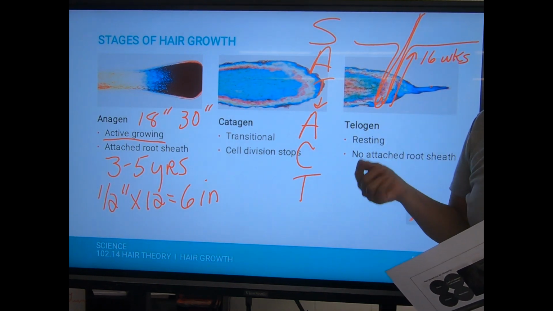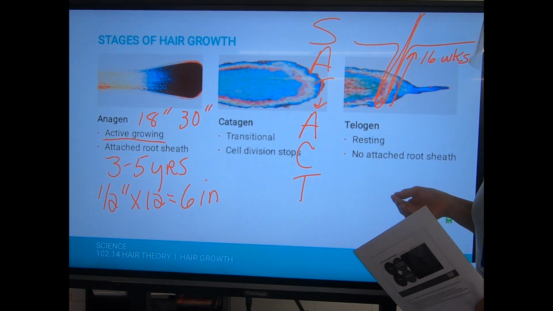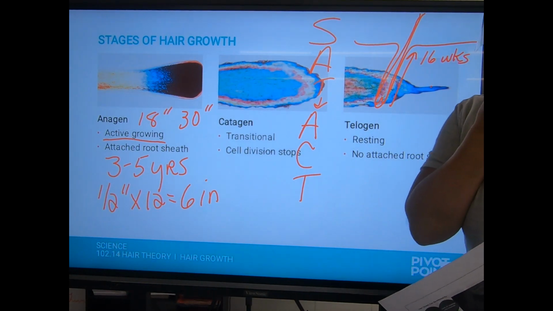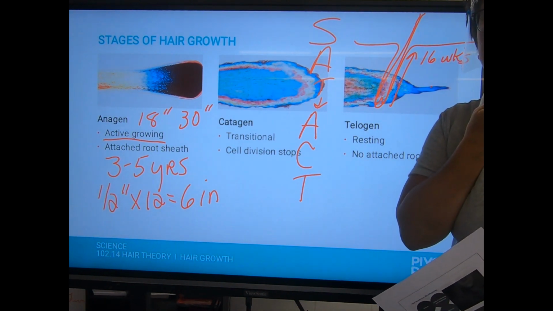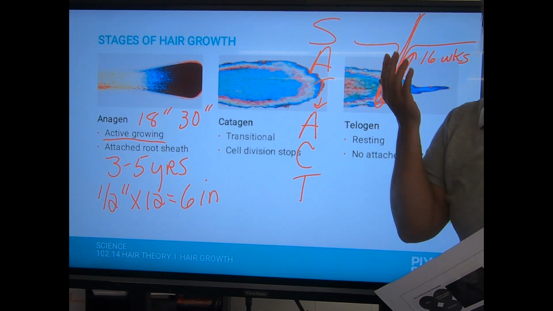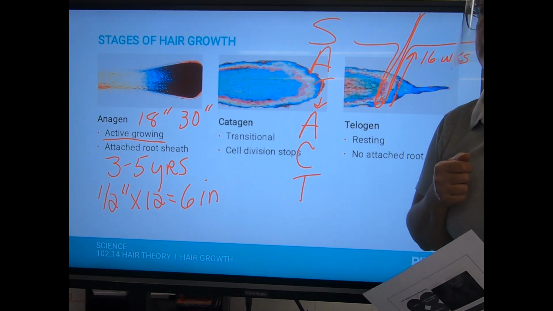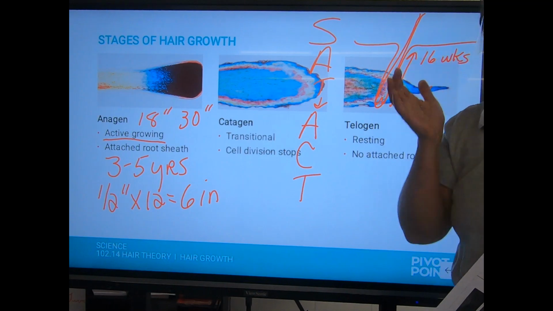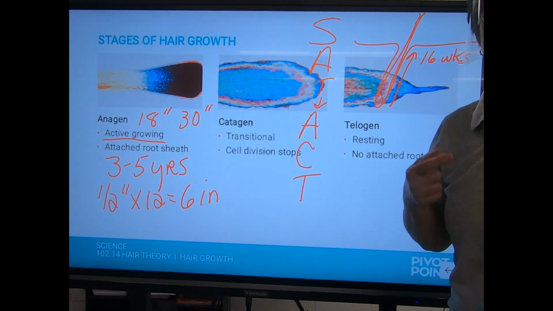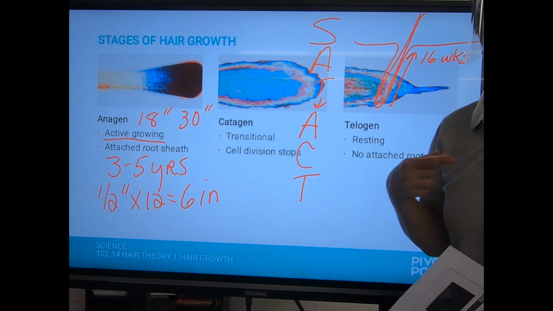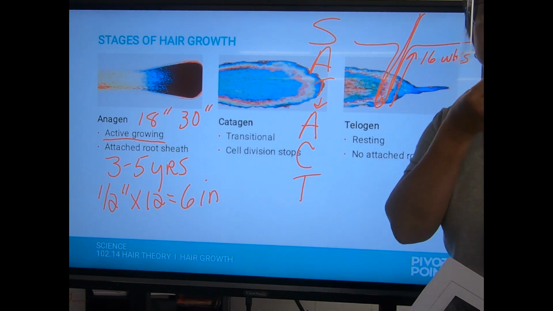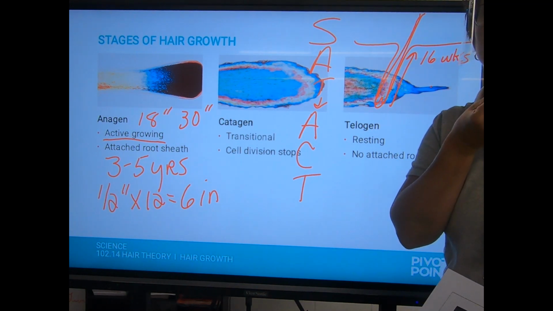So, a really good example I was told was a lady came in and said she wanted to get electrolysis done. She said, I have one hair growing on my chin, and every day I have to pull it out, and the next day it's there again. They said, that's not possible. So they made her a deal. They said, if you don't touch your chin for 16 weeks, we'll give you electrolysis for free. When it was all said and done, she had like 70 hairs there. Okay, it was in one particular spot, it was growing. She thought it was the same hair over and over again, but it wasn't.